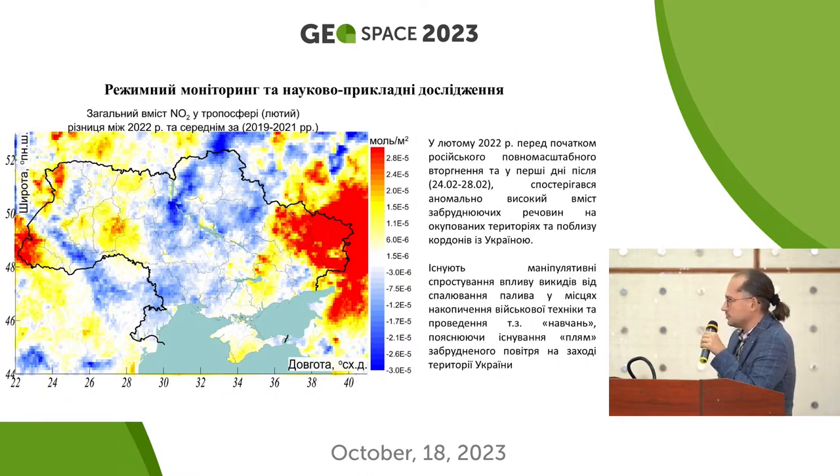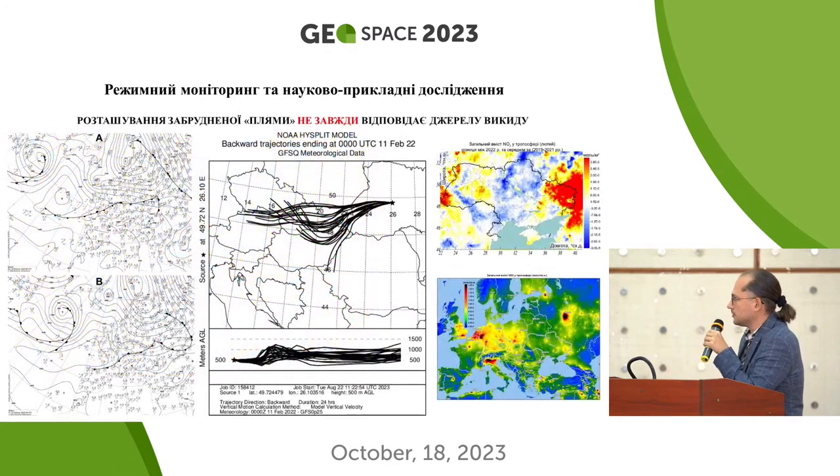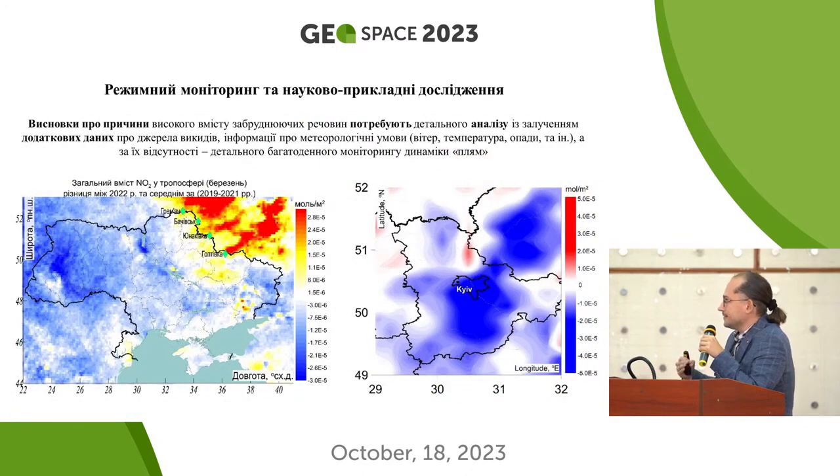And we see that in the east of Ukraine, on the occupied territories, there was a huge concentration of pollutants discharged by heavy equipment. But we see some spots in the west, and if we analyze every spot separately, if we do meteorological analysis, trajectories of wind and so on, we see that these spots were formed not on our territory, but were brought from other countries, and very often western Ukraine gets pollution from the European countries. Very often they tell us that Ukraine is a dirty country, but in fact it's much cleaner than the majority of